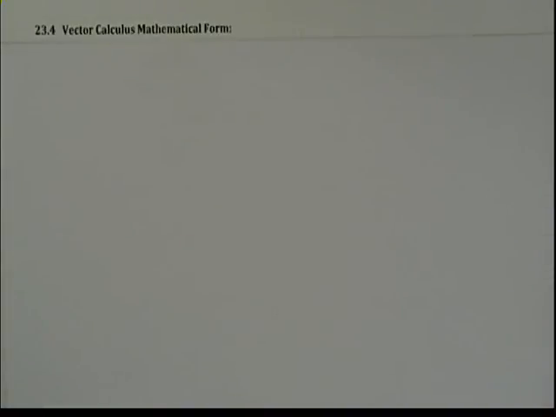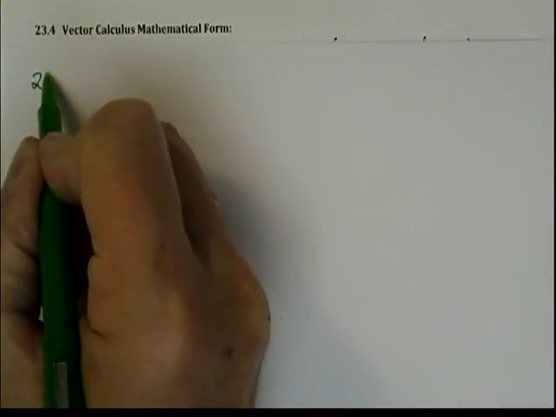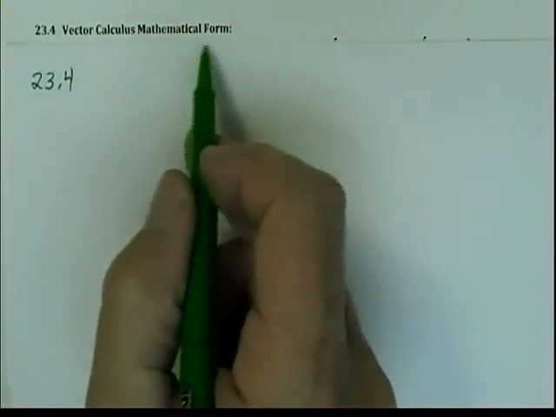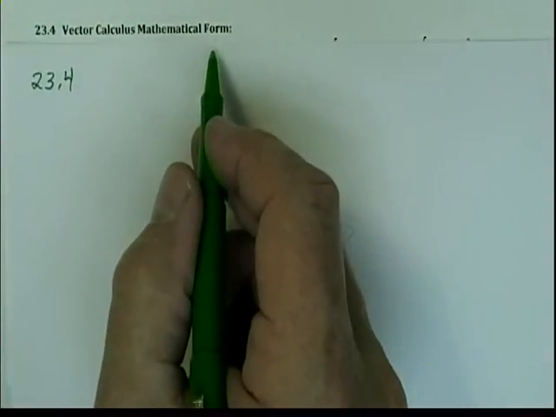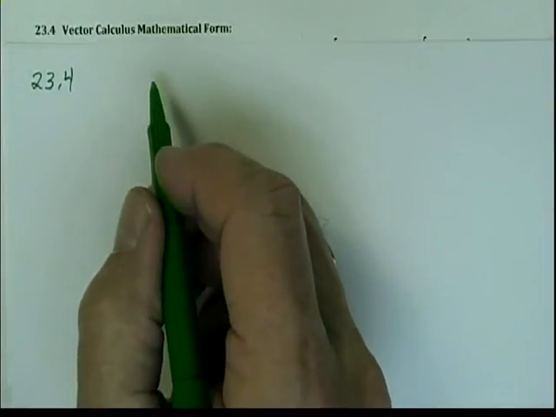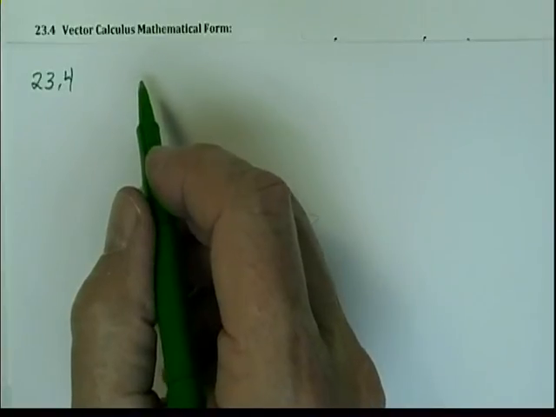In this next section, which is module 23.4, we're going to look at these concepts of the vector potential, of the potential energy and of the electric potential from a slightly more sophisticated point of view. You recall we're going to be working now on 23.4, and this is the vector calculus or mathematical form of these, for those of you who are more familiar or comfortable with calculus and a more exact definition of these